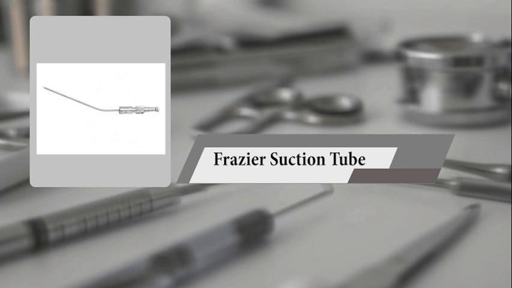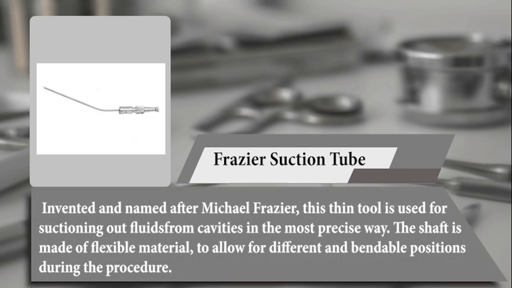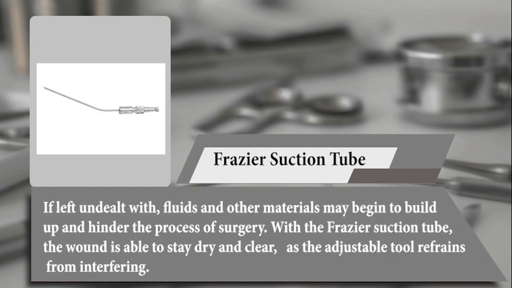Fraser suction tube. Invented and named after Michael Fraser, this thin tool is used for suctioning out fluids from cavities in the most precise way. The shaft is made of flexible material, to allow for different and bendable positions during the procedure. If left undealt with, fluids and other materials may begin to build up and hinder the process of surgery. With the Fraser suction tube, the wound is able to stay dry and clear, as the adjustable tool refrains from